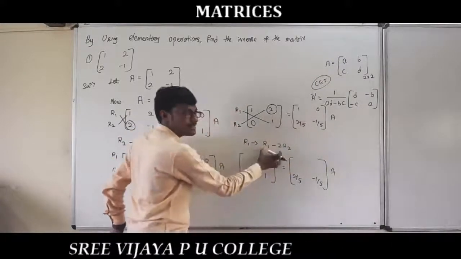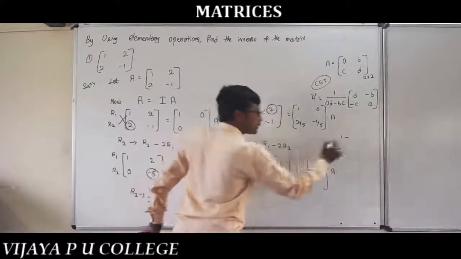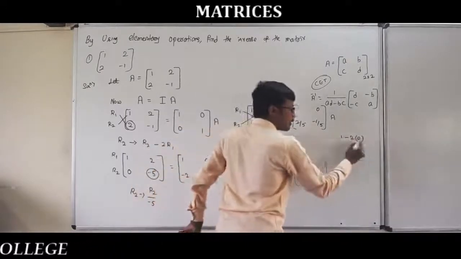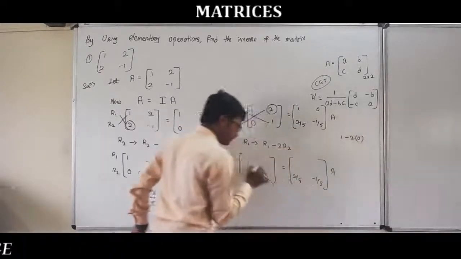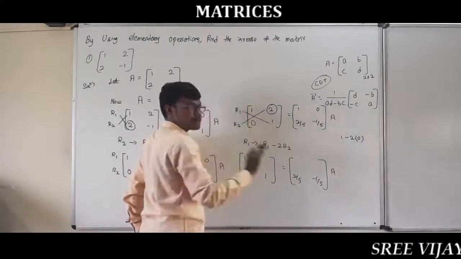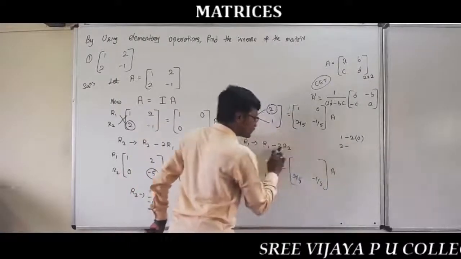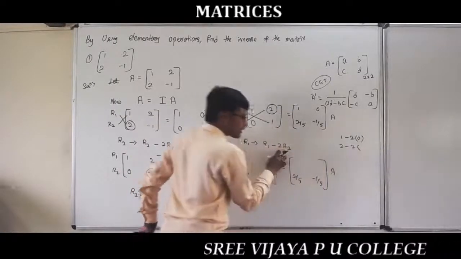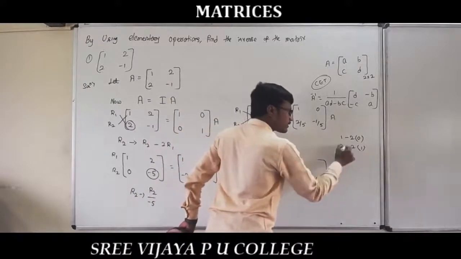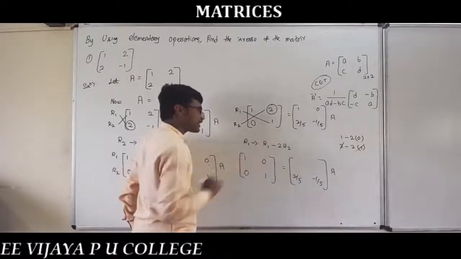So apply this elementary operation. R1 is 1, minus 2 into R2's corresponding element, which is 0. 2 into 0 is 0, 1 minus 0 is 1, as it is we got. Now this element must be 0. Okay, let's see. R1 is 2, minus 2 into R2's corresponding element, which is 1 right there. 2 into 1 is 2, 2 minus 2 is 0. Obviously getting cancelled, we got the element 0 right there. So your elementary operation is correct.